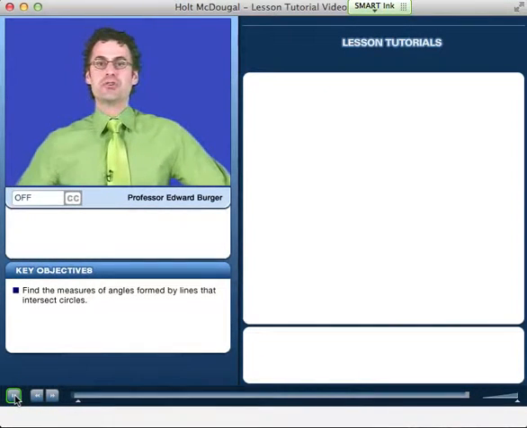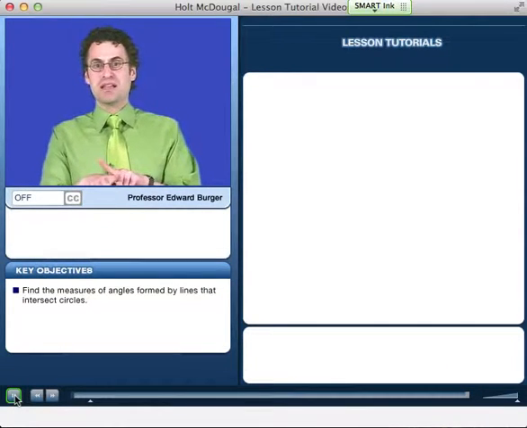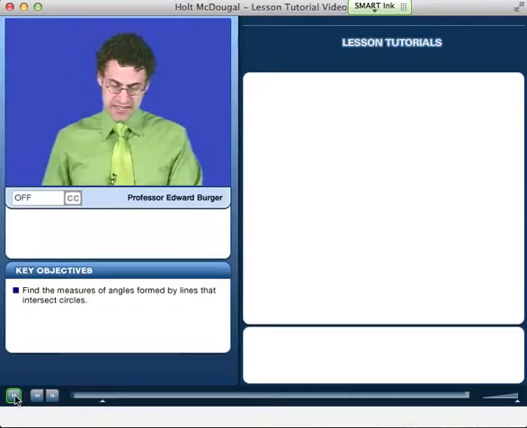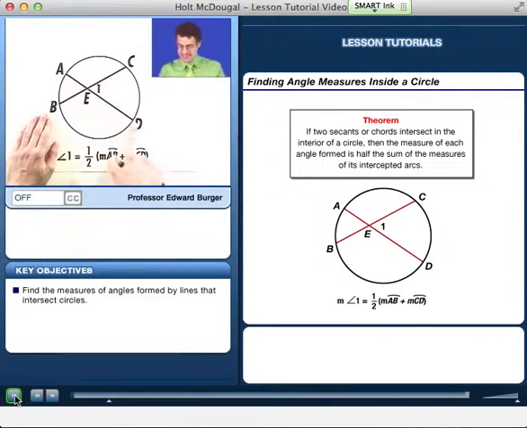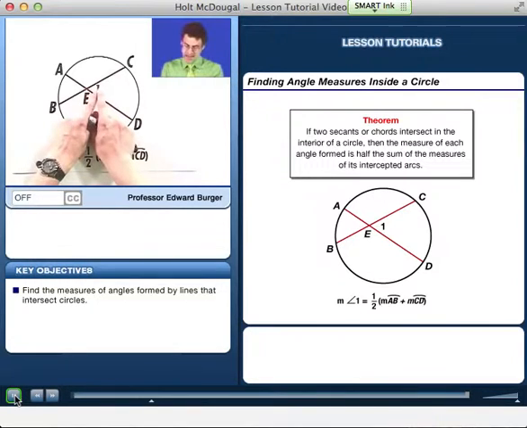Instead of imagining two chords meeting up at their end point somewhere, let's imagine that we have two chords that just cross somewhere inside the circle. For example, take a look at the chord AD and the chord BC. Well, they don't actually emanate from the same starting point on the circle, but they do cross inside the circle at E. And so it's interesting to wonder if there's some kind of relationship between this angle, angle